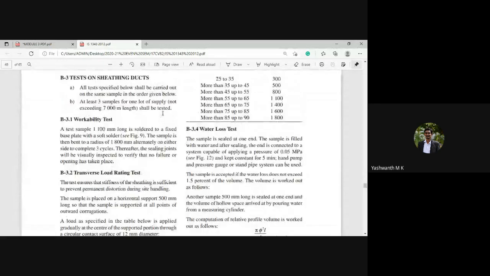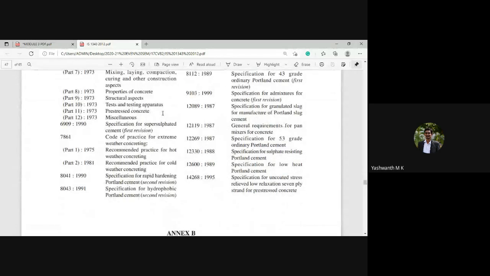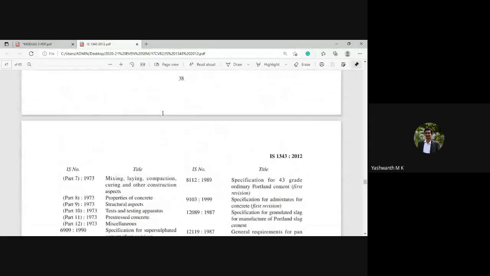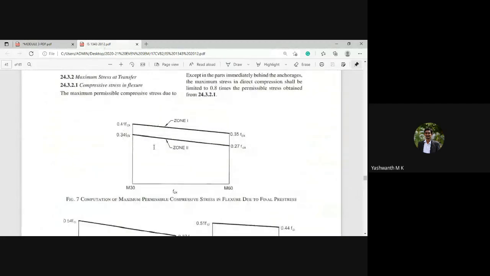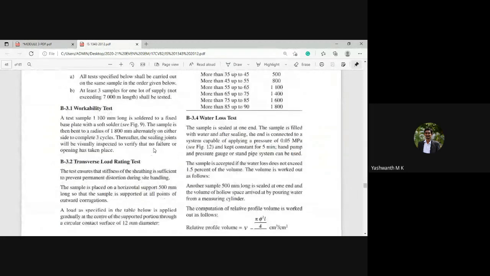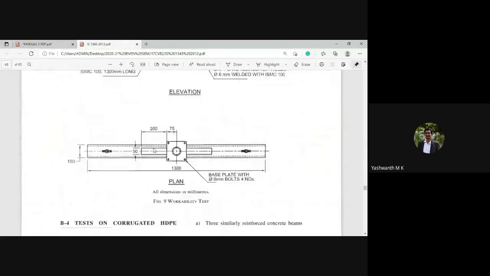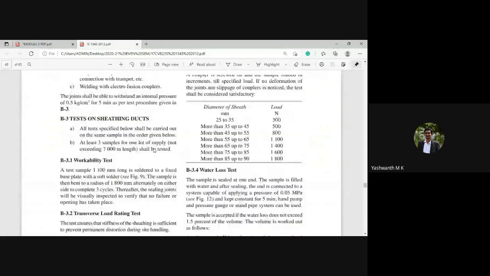One sec. Let me go ahead, because in figure 8 they have clearly mentioned it. One sec, I think it has been missed.